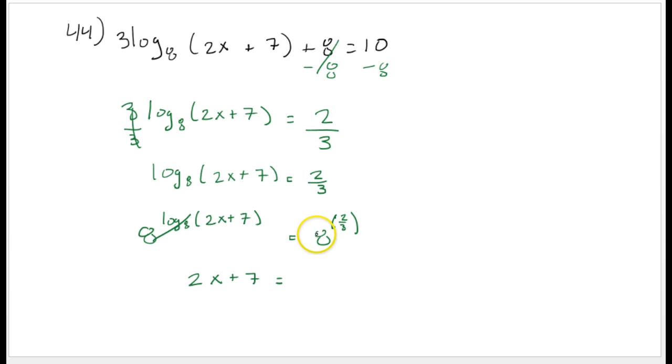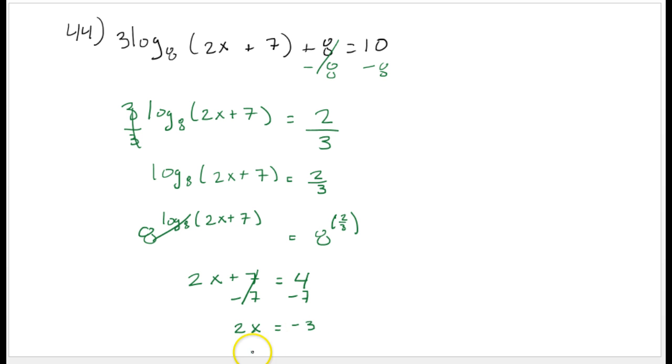So 8 to the 2/3 power gives us 4. That worked out nicely. We subtract 7 to both sides. This goes away. We're left with 2x is equal to 4